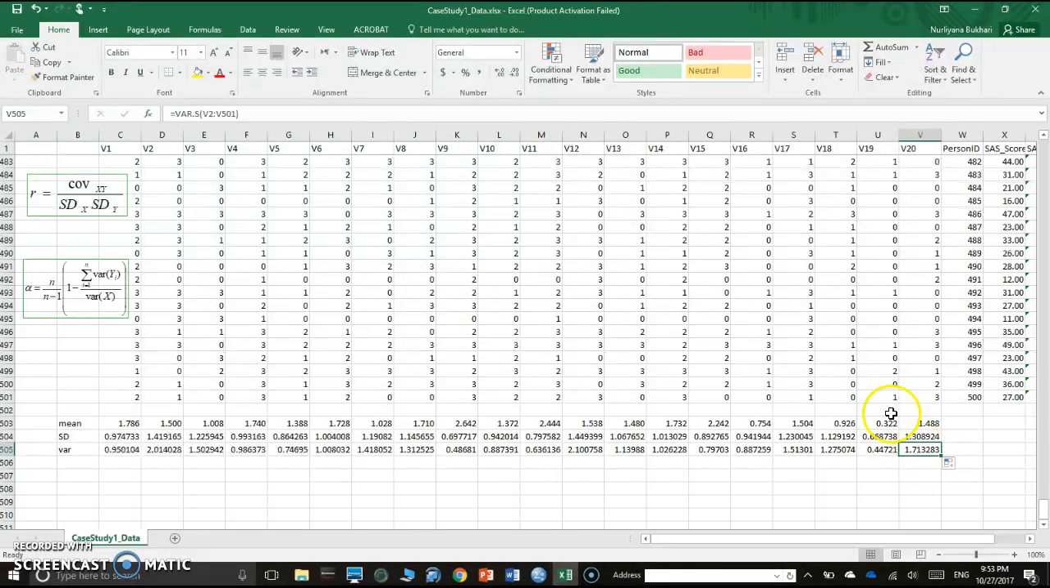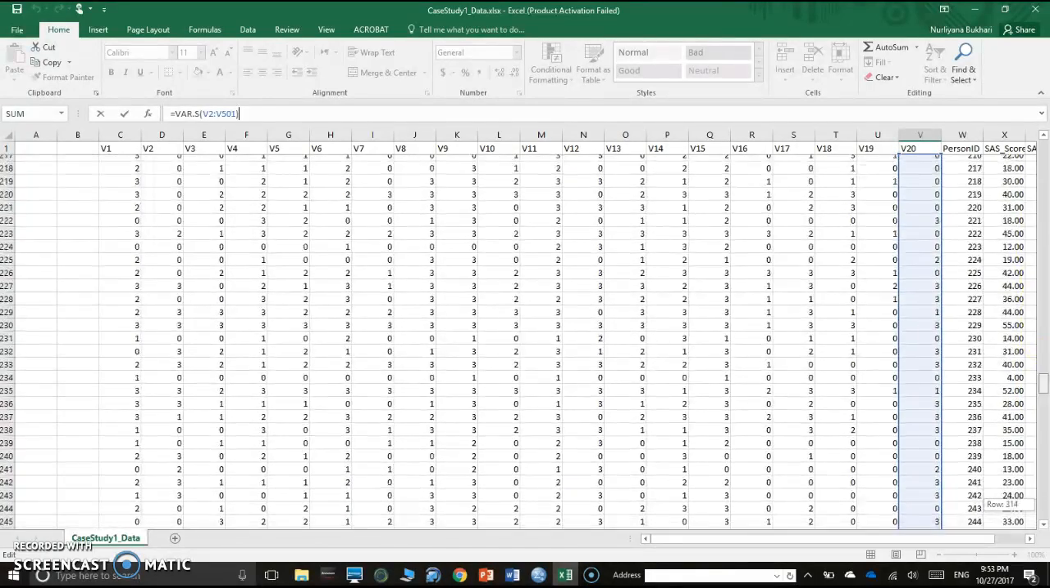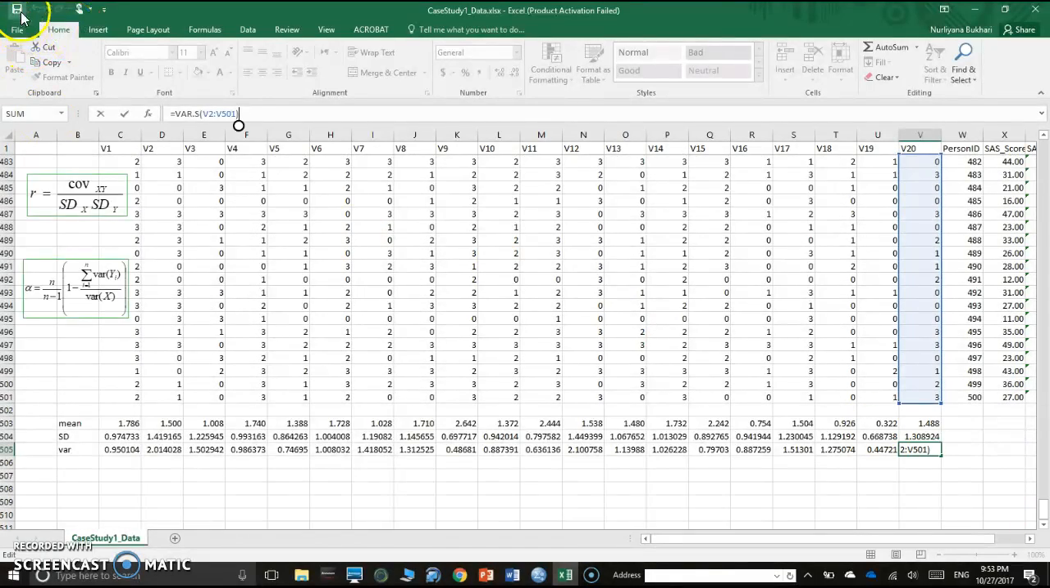Sometimes in Excel it's good to double check whether you are using the right information, the right data that you want. Yep, it's selecting the one that you want. I'm just going to save this. And then